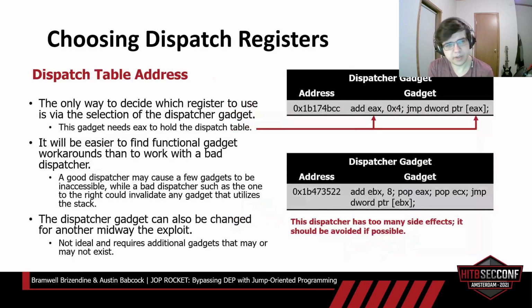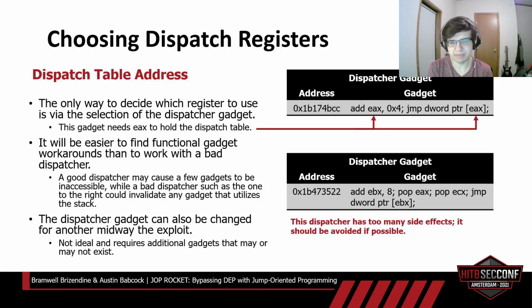Also, we need to choose a dispatch table register. So our dispatcher gadget is pretty much going to tie us down as far as which register we can use for that. If we have this dispatcher gadget on the top here where we're using a jump dword pointer EAX, we pretty much just have to use EAX as our dispatch table register. So we want to make sure this register is compatible with our functional gadgets that are available when possible,